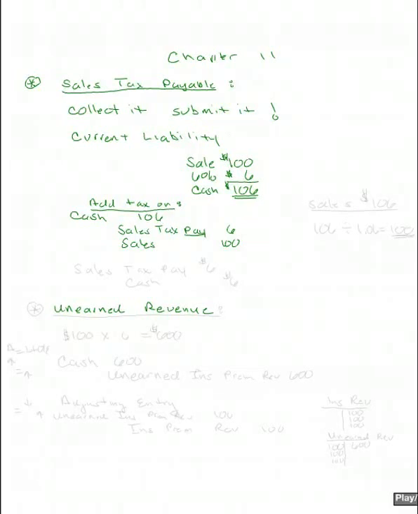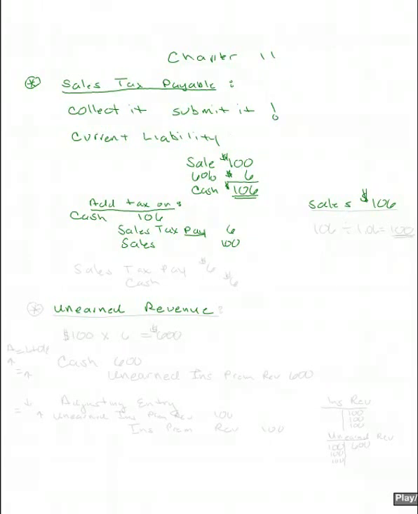Some companies don't add the sales tax into sales tax payable. Rather, they collect the whole amount and they put it into sales. And then at the end of the month, they need to determine how much belongs to sales tax. If you look in your sales account and you find that you have not broken out the sales, but you have $106 in your sales account, how much of that actually belongs as sales tax